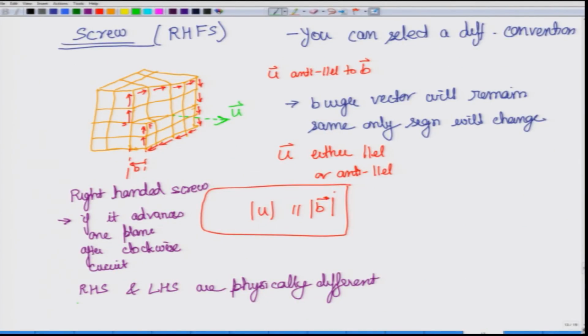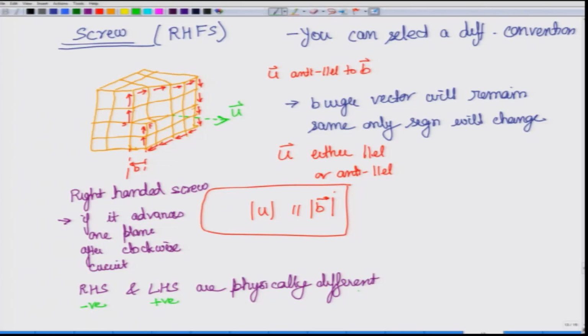But right handed screw and left handed screw are physically different, and they can also be said as positive and negative. It is not necessarily that right handed is positive; it depends on your convention. If right handed screw comes out to be positive, then the left handed will be negative. What is this sign in your particular case? In your particular case, right handed screw is coming out to be negative. So, let us be consistent and write this as negative and this as positive.